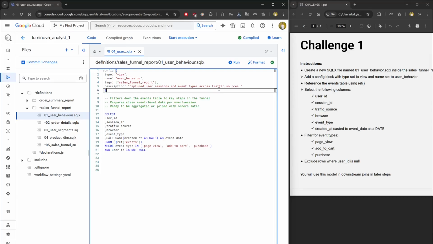Let's walk through the solution for Challenge 1, User Behavior File. This model filters the raw events table to prepare clean session-level data for funnel tracking. We've already created the file under Sales Funnel Report and named it 01 User